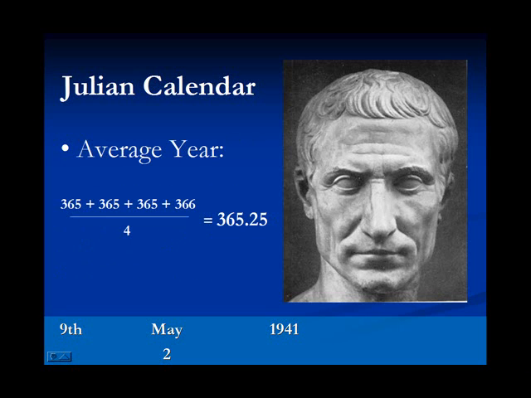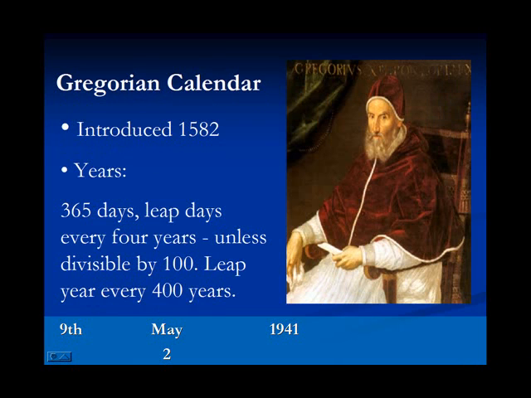In fact, all you gain is 11 minutes a year. But then again, those minutes add up, and in fact you gain a day every 134 years. So by the time of the 16th century, the calendar had become 10 days out of sync with the seasons. This led Pope Gregory XIII, there he is, looking slightly like a grumpy Santa Claus, and his mathematicians to introduce a new calendar in 1582, and the rule was this: a year was 365 days with leap days every 4 years,